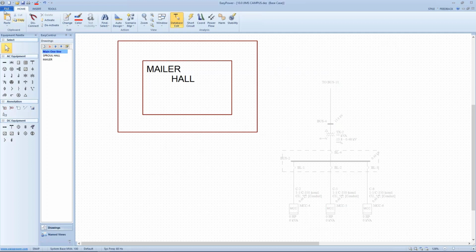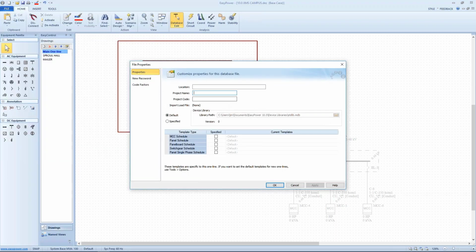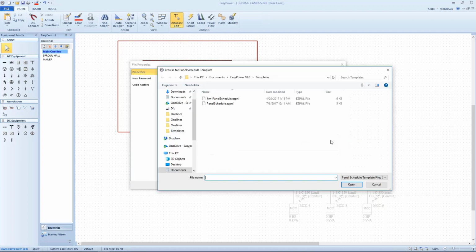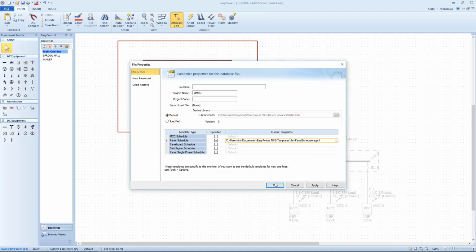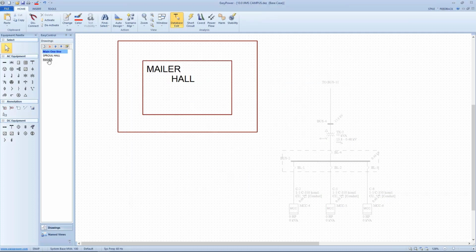And that's done under properties, again from the main OneLine. We're going to call this project Jimbo, just to keep something separate from anything else that's been done. And instead of the default template, I want to specify the panel schedule for a custom schedule that I've generated. In this case, it's an XML template or a schedule display that has arc flash information in it. So if we go back to